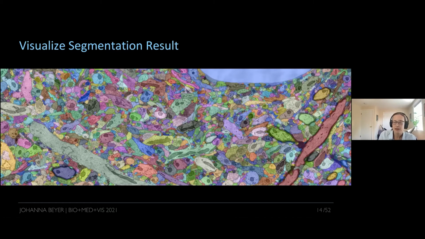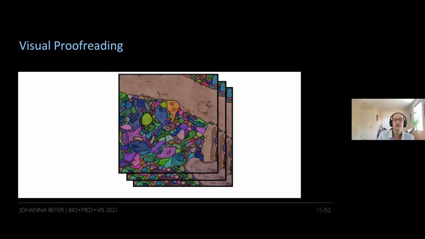The next step after the automatic segmentation would be visual proofreading. Even though automatic segmentation algorithms are improving all of the time, they're still not perfect. And you will always have to go in after the automatic segmentation has completed and correct small errors and mistakes. So the idea with visual proofreading is to create a tool that semi-automatically, hopefully, guides users to where errors are and lets them correct those errors quickly and easily to be able to go through